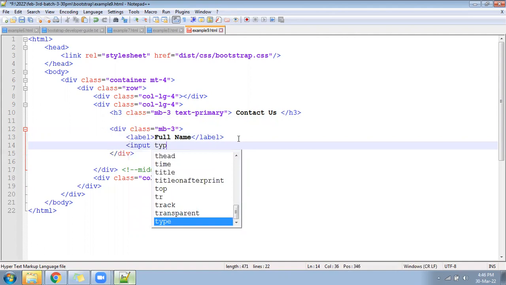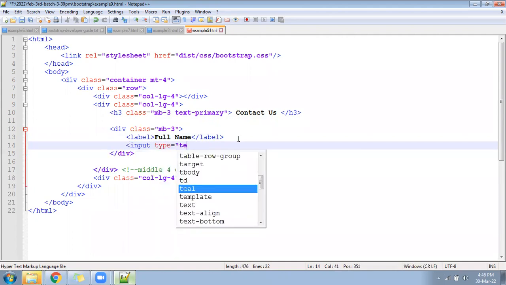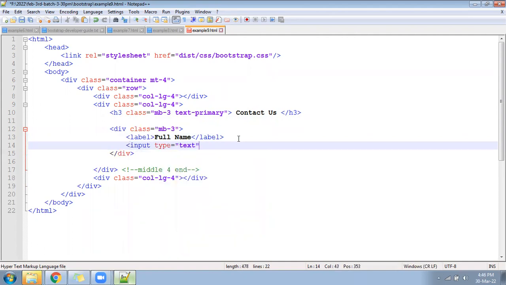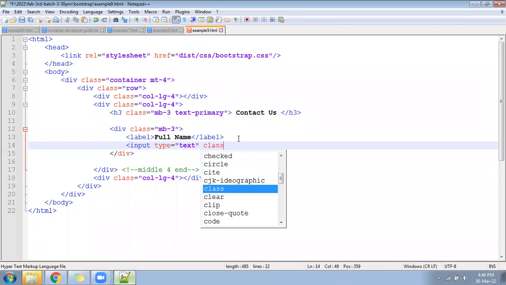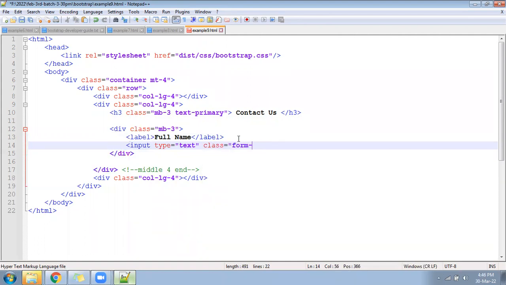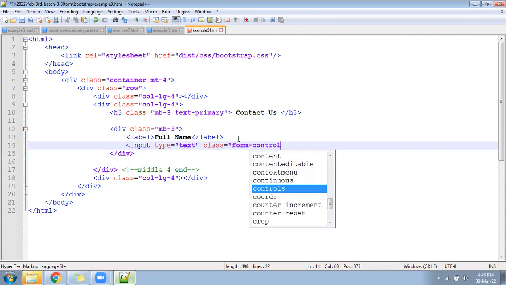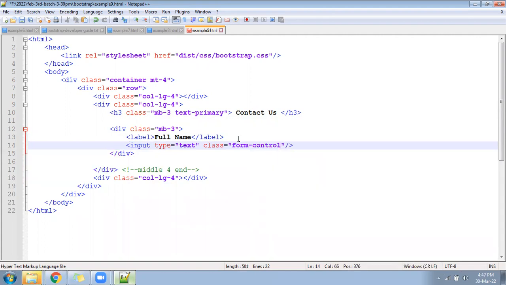Input type equal to text. Write here a class equal to form-control. Form control, you should write the class name. Now this form-control class will change the complete